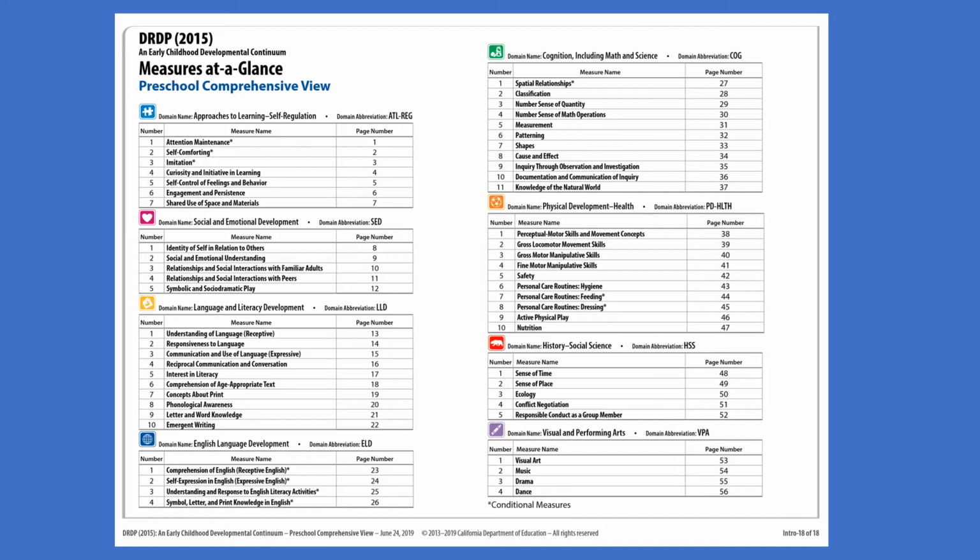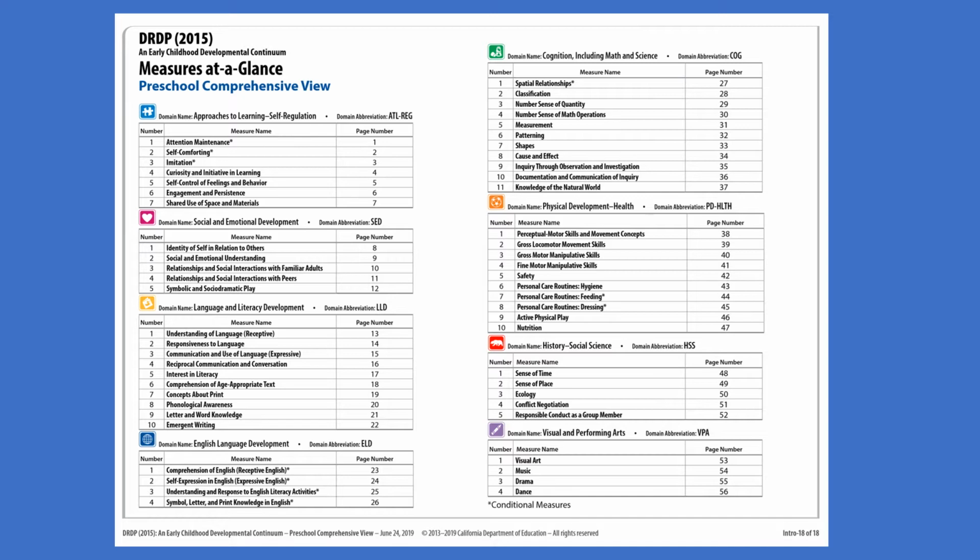It is now the tool that is used commonly across Head Start classrooms and many classrooms actually in the state of Missouri. It is a developmental continuum, which means it starts off in this preschool comprehensive view. You will see what the skills look like in toddlerhood all the way across the end of the pre-K year. So if you're in kindergarten, you want to choose the DRDP kindergarten measure. And then there's a school age measure that then works across the different grade levels.